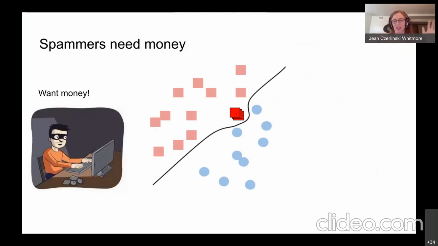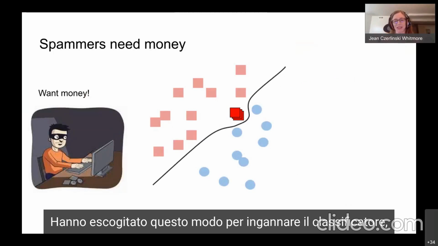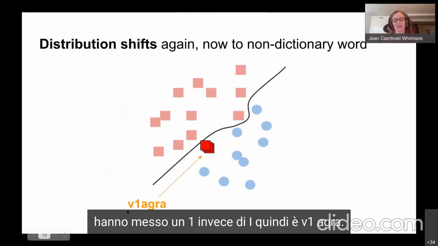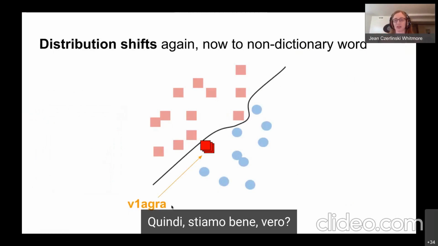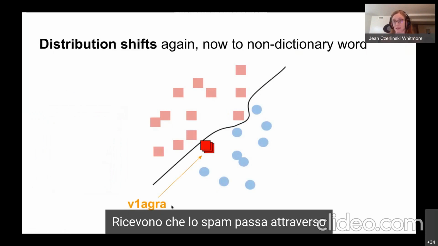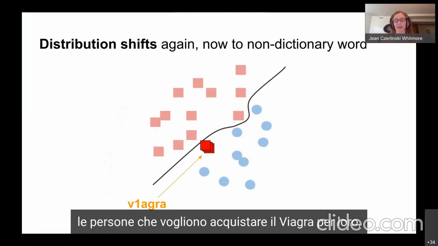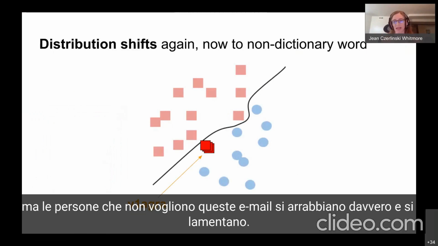You think they just retire, they give up? No. They came up with this way of fooling the classifier. They put a 1 instead of the I. So it's V1agra. Most humans will see that as Viagra anyway. So we're good, right? The spam goes through, the people who want to buy Viagra get it, but